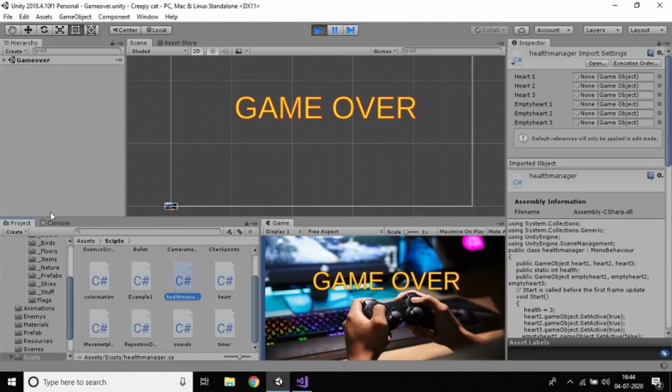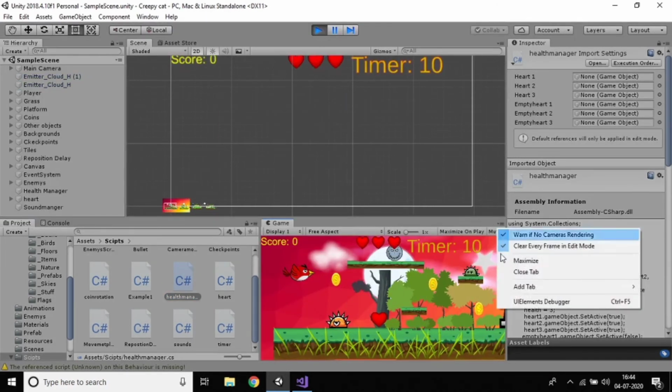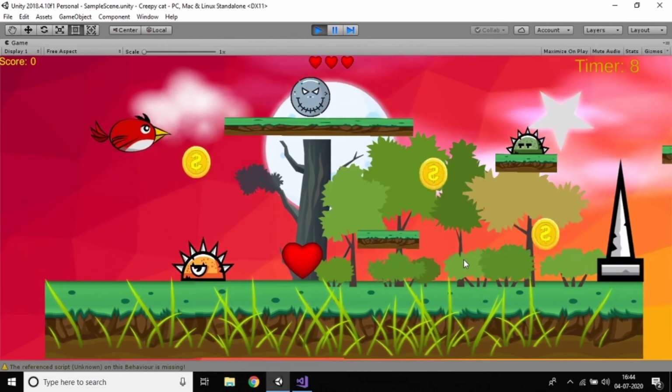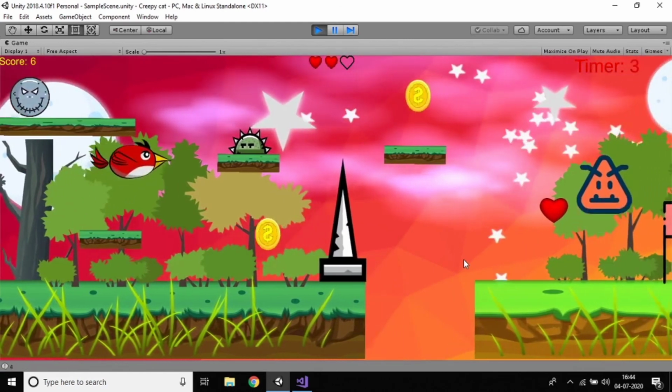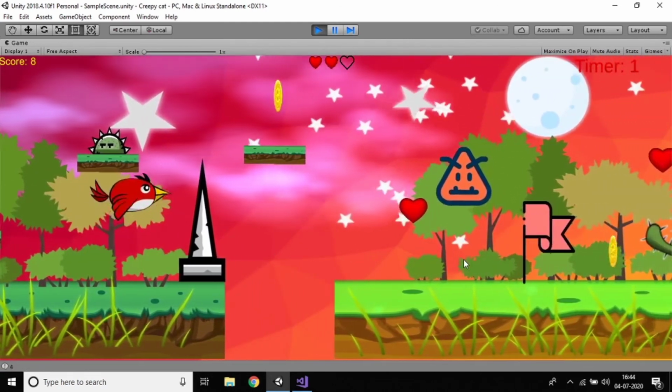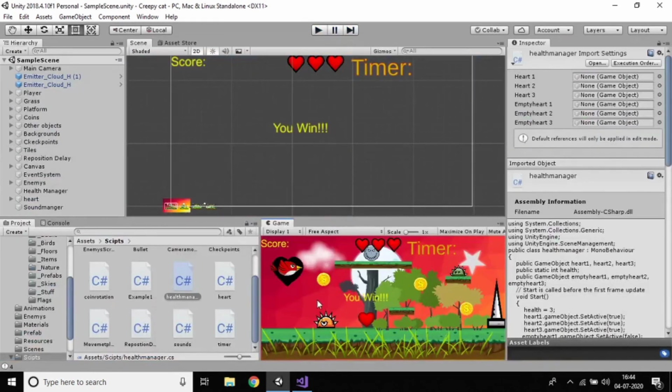Press Control S and now work with that. If you lose all hearts, just stop this one. Yes, now you can test it, and there's no need to add the scene now, we already added the game over scene, right? If I lose just one heart, you can see, of course there are 3 hearts. Did you observe that when I lose all of them I'm getting the game over scene? So just stop. This is the way to create a scene manager, and this is the way to manage the scenes in your game.